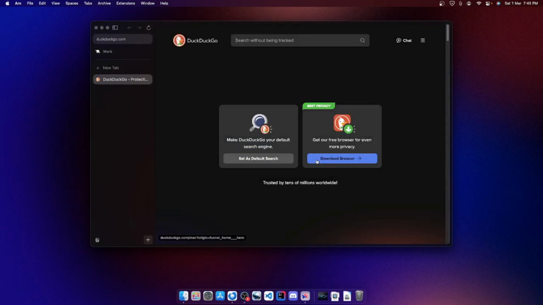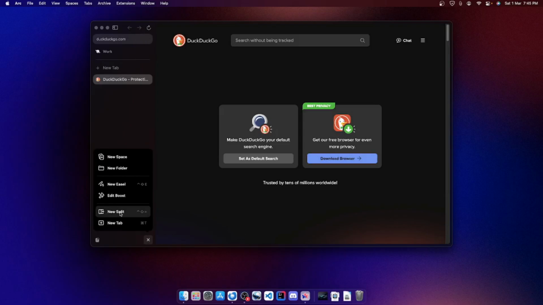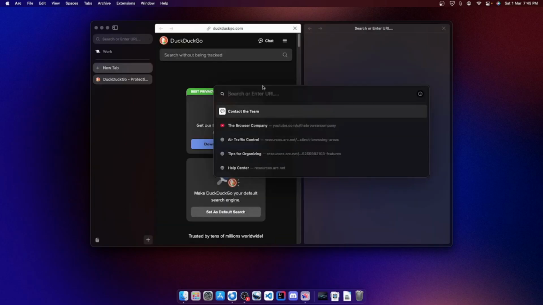So this is one feature also which I really like. I think this would actually be good for academic use. So like, let's say you go to college, this could be really helpful, this browser. Then we also have split view. Split view is as straightforward as it looks. You could add two different URLs. So let's say we have DuckDuckGo on one side, and then how about something.